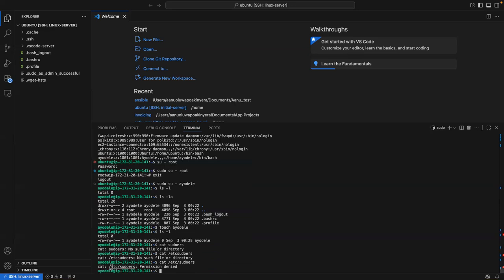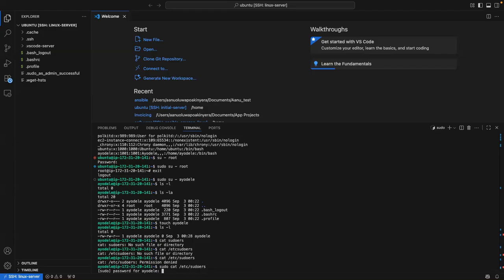Now, with the Ubuntu user, I was able to sudo and I was able to read it. So let me do sudo again. sudo cat /etc/sudoers. It's going to ask you your password because you want to assume root, and you can't assume root without giving some form of credential. So I'm going to say admin123.